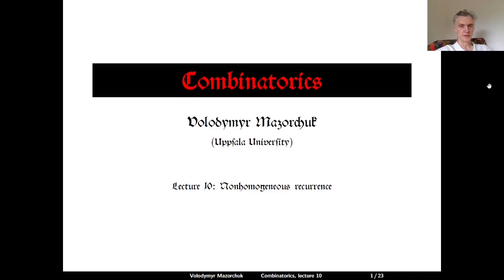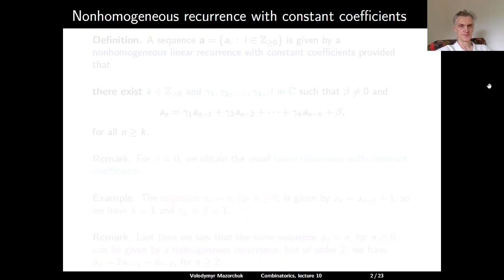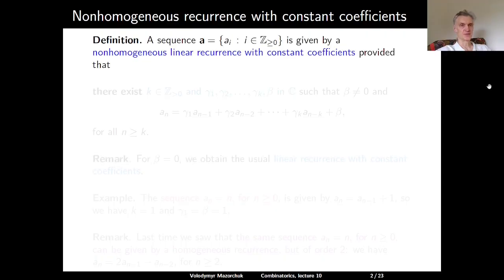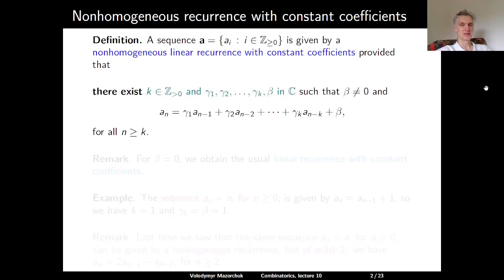Combinatorics, Lecture 10, Nonhomogeneous recurrence. We start by defining what kind of recurrence we will study during this lecture. Definition. A sequence A, which consists of the elements a_i, where i is a non-negative integer, is given by a nonhomogeneous linear recurrence with constant coefficients, provided that there exists k, a positive integer, and complex numbers gamma 1, gamma